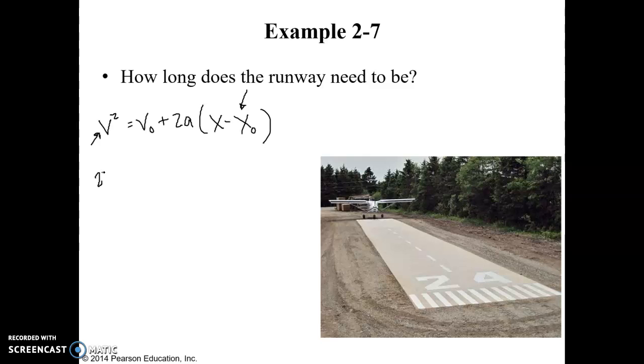We want 27.8 meters per second, and then we have to remember to square that. Don't forget the exponent. That's a real easy mistake to make. Equals our initial velocity, 0, plus 2 times the acceleration, 2.00 meters per second squared, times, I'm just going to call it delta x, change in x. So if I then solve it algebraically,